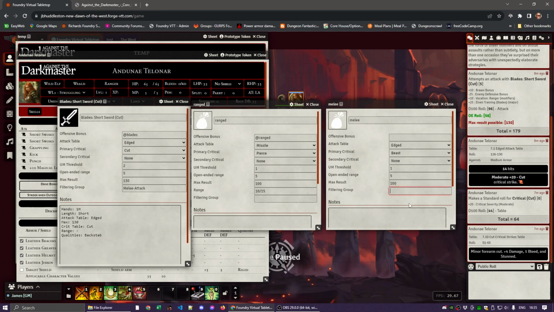The filtering group. At the moment, this is more for styling. So if people want to change the look of the items on their sheet, they can use a module called Custom CSS. Whatever you type in here will be added to the code for the item that is stored on the sheet. So, to demonstrate,